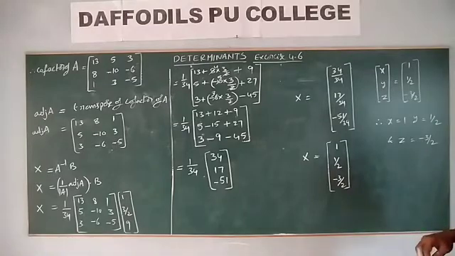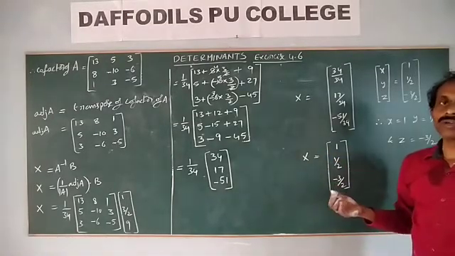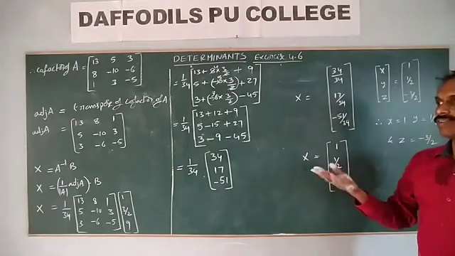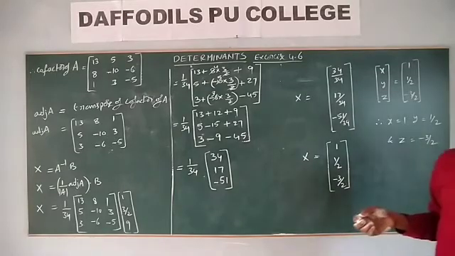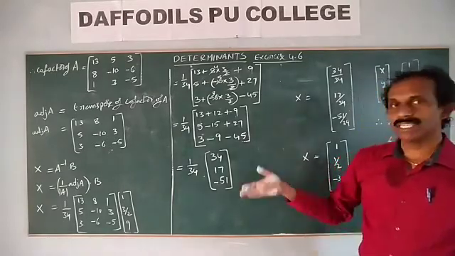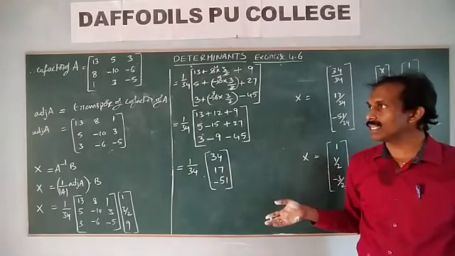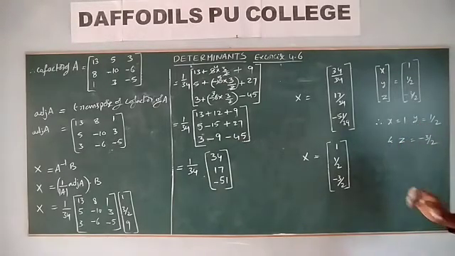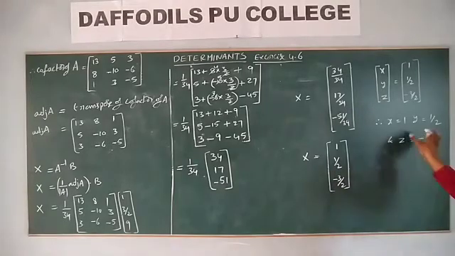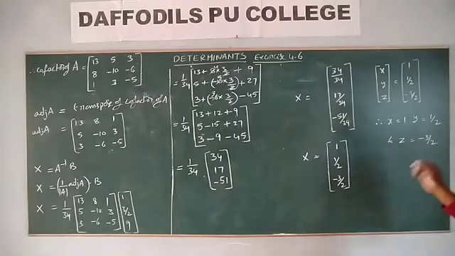Starting we found that det A is not equal to 0, then A is not singular, A inverse exists, and at a time consistent. This is from case 1: det A not equal to 0 means consistent. Consistent means in this case a unique solution. So x is equal to 1, y is equal to 1 by 2, and z is equal to minus 3 by 2. These are the unique solutions. Our answers are x is equal to 1, y is equal to 1 by 2, and z is equal to minus 3 by 2.